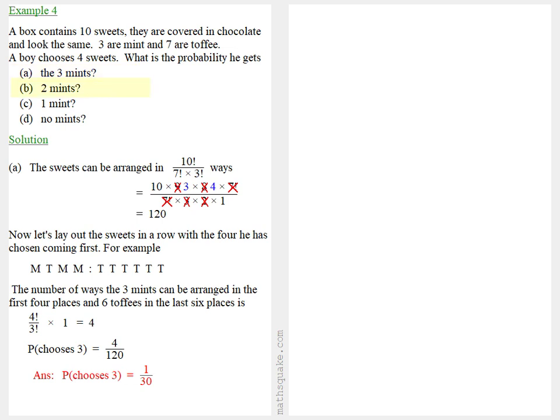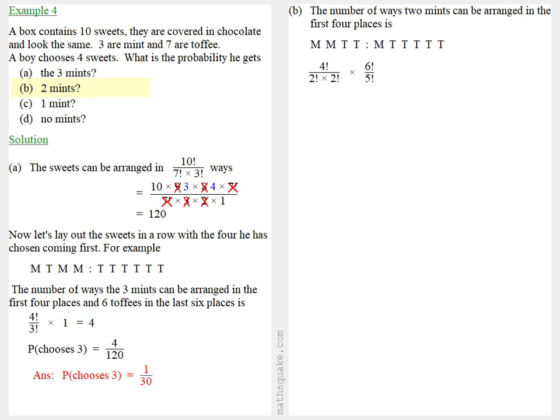Now we're asked in part B, what's the probability that he chooses 2 mints? Now the number of ways 2 mints can be arranged in the first 4 places is all the rearrangements of MMTT times all the rearrangements of MTT-TTT, which is 4 factorial over 2 factorial times 2 factorial times 6 factorial over 5 factorial, which is 4 times 3 times 2 over 2 times 2 times 6 times 5 factorial over 5 factorial. Well, that cancels down a lot